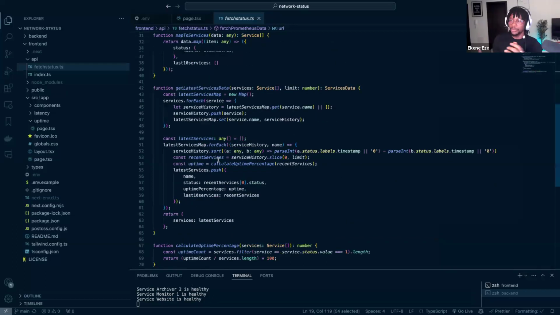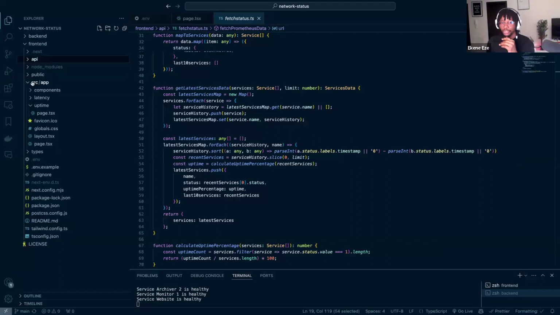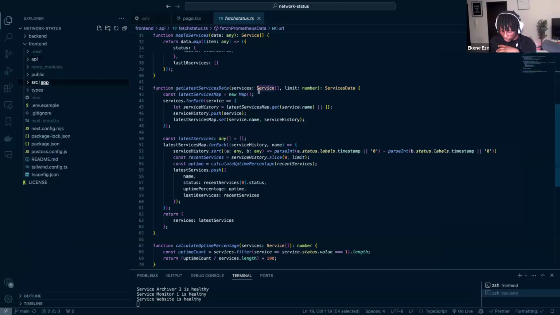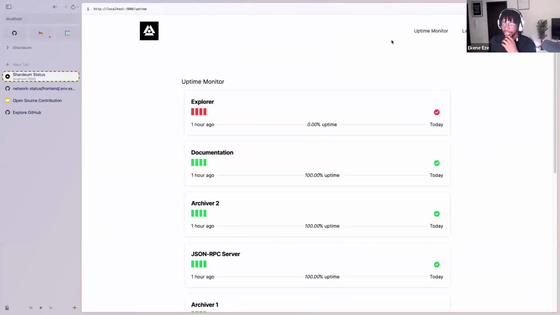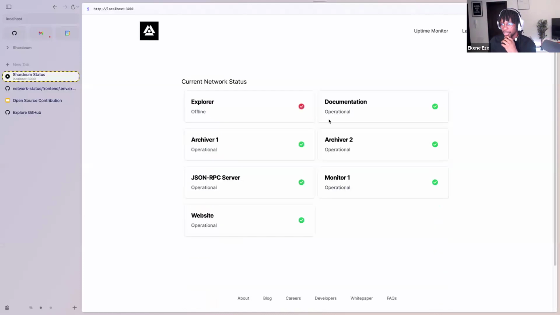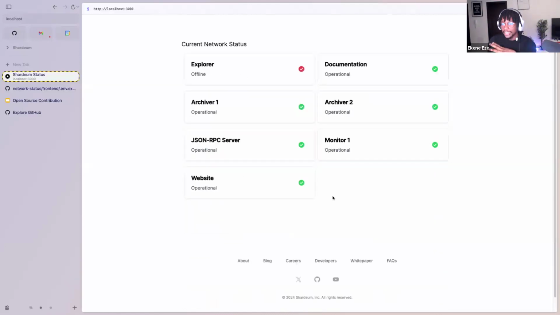This is the point in a project where you try to spend some time to understand the code, so that you can make sense of it well enough to write the README that you want to do for it. But since I already know most of these things, and I've run both of them locally, I've seen how they work, I've seen the services that they monitor, and what is obtainable inside the project, I can now write a README that would tell me or tell any other user what this project is about.